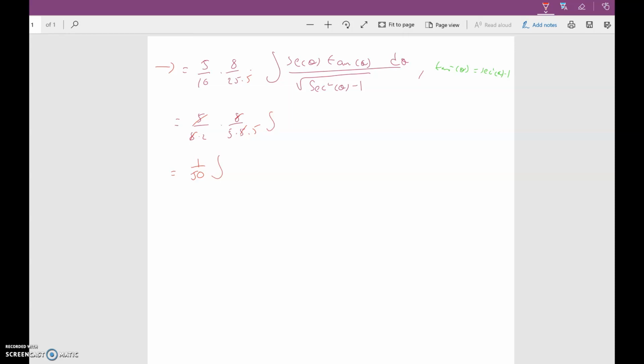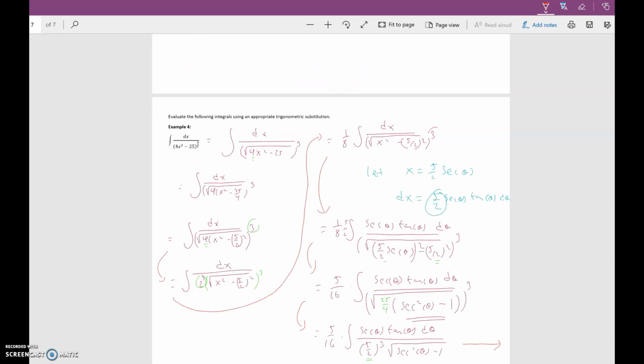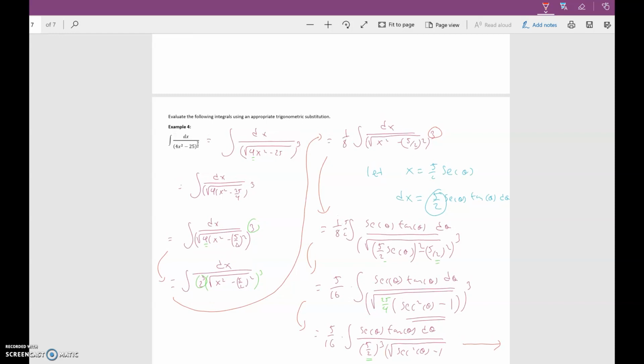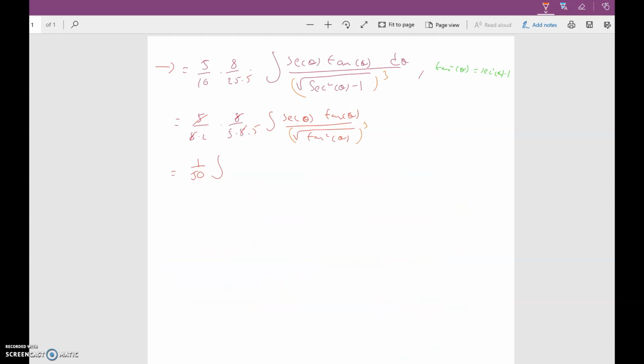and in this case, I'm just going to rewrite it as the secant of theta tangent of theta over the square root of the tangent squared of theta. And all of these have a third power. So this is technically to the third power. This is to the third power. It comes from that 3. And I left it out here, but it's supposed to be there too. Okay, so 1 over 50